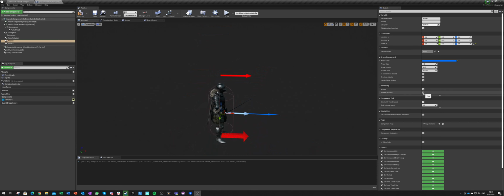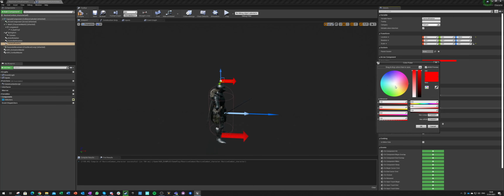And let's make it not hidden in game as well. And the third one is camera rotation. So we place it above, we make it shorter, and we make it wider and wider, and it will be at, let's say, 100, and it will be of a different color, let's say like this.